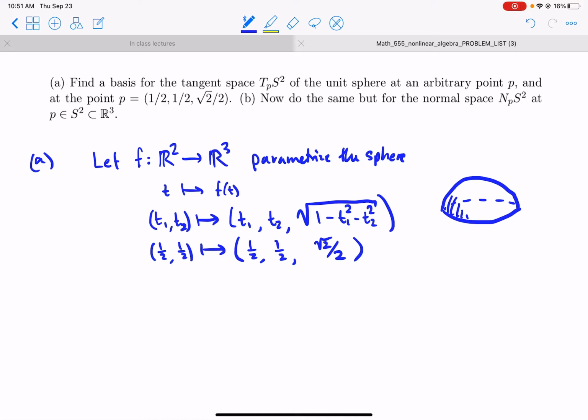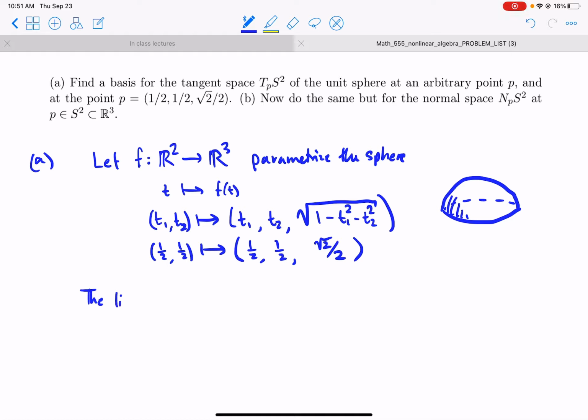I believe. Let's check that. This will be minus 1/4, minus 1/4. So that's minus 1/2. 1 minus 1/2 is 1/2. The square root of 1/2 is root 2 over 2. Okay. Now,